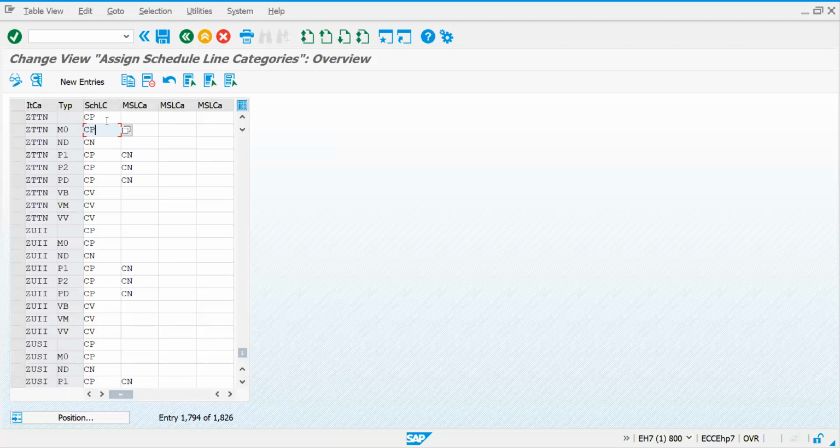This is the definition, like an item category, how we have attributes, like whether it is a third party sales item. Third party means your vendor can directly deliver the stock to your customer, or else the vendor delivers to the company, and as a second step, the company delivers the stocks to your customer. Different scenarios will be there, we'll get into that later. So this is the schedule line category. That's why you will have different schedule line categories.